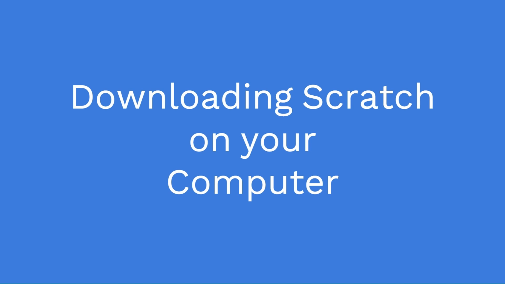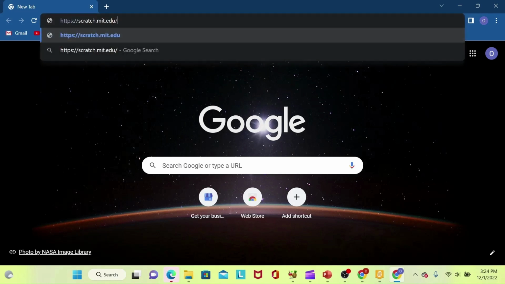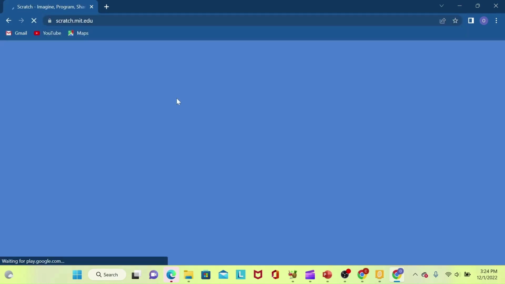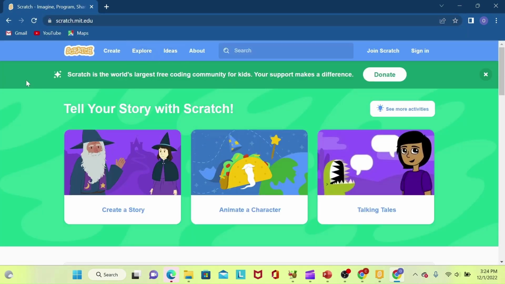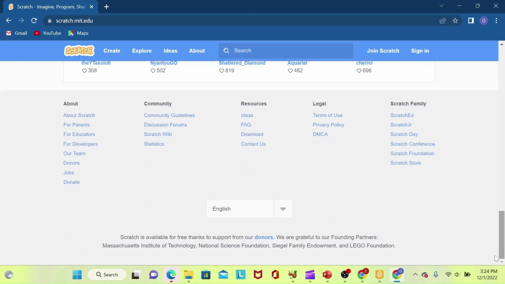To download the Scratch app onto your computer, you need to go to the Scratch website, scratch.mit.edu. Once you click on it, you'll get to the landing page. On the landing page, you scroll down, way down, until you get the 5 groups of tabs under About, Community, Resources, Legal, and Scratch Family. Under Resources, you'll get Download. Click on Download,